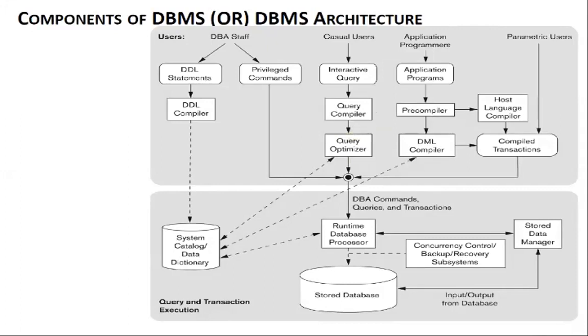Then this query object code goes to the query optimizer. There is an optimization step. In the optimization, different plans and alternatives will be prepared by the database management system, and based on the conditions, the best plan will be selected. Optimization is nothing but improvising. Whatever query we get should be improvised before it goes for execution, and that improvisation process is done by the query optimizer.